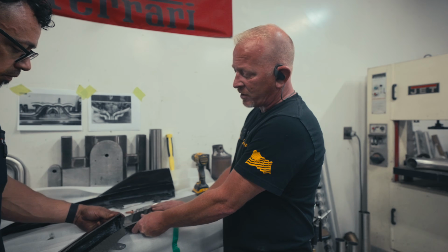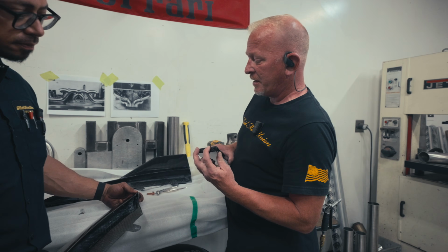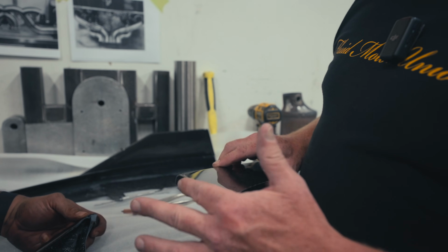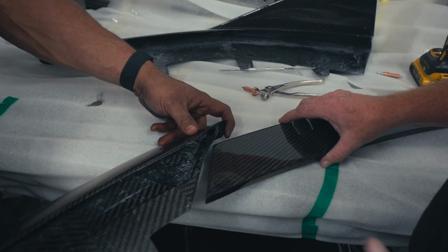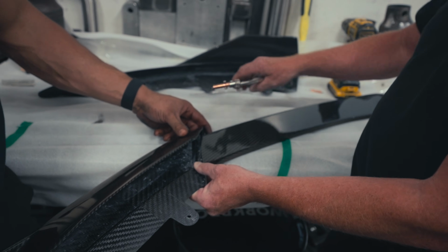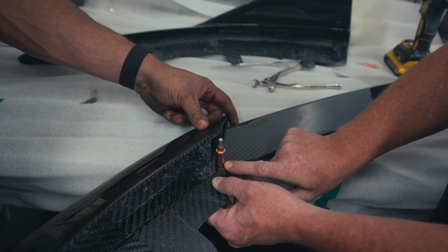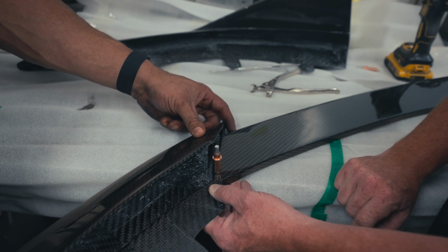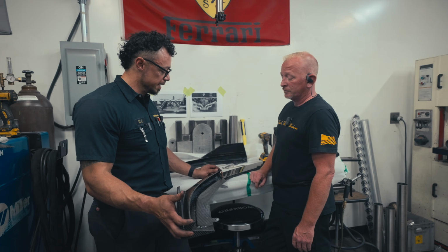Basically, we have a gapped piece of carbon here, air gap in this piece of carbon. So what we're going to do is put 2 riv nuts in the back side of this because we have no way to get bolts on the back side. So with riv nuts in there, we can come through the back side of the outer wing here, bolt it in that way, and then we can put this all up in one big piece. And you'll see, I'm also going to put a rivet in right here to hold this together. So we'll have to drill that out if we ever have to take it apart. It'll be bolted, but it'll also hold top to bottom too. So it'll come off as one piece as opposed to 3 pieces,